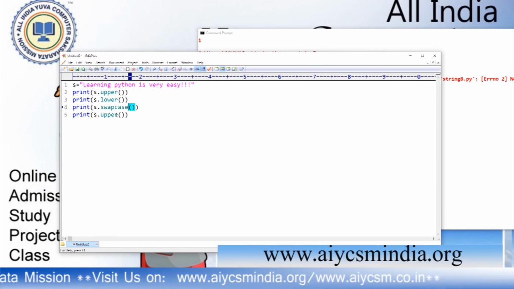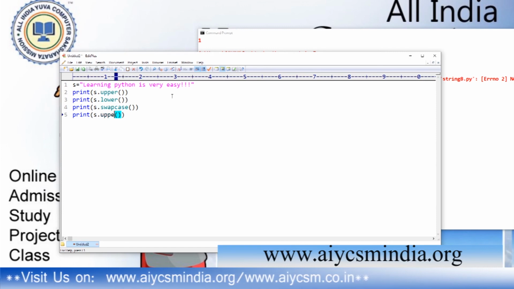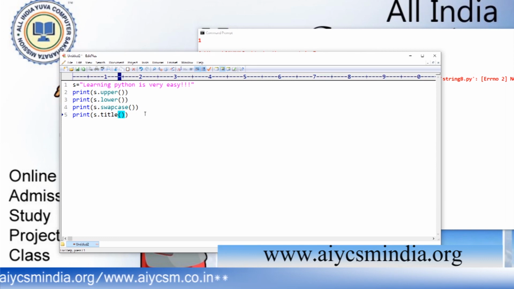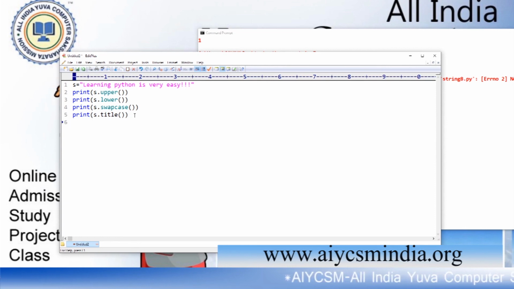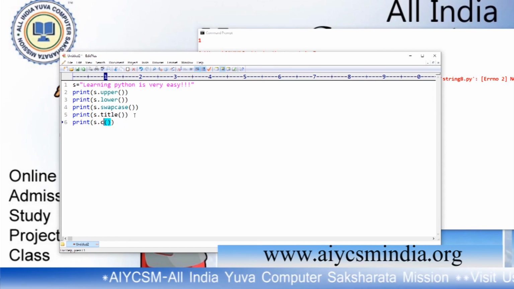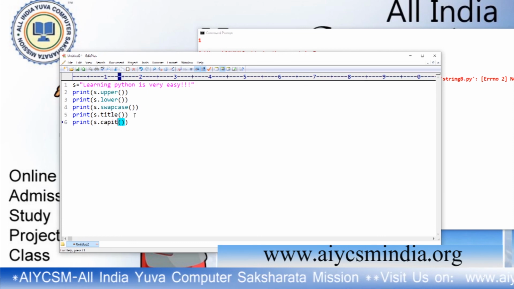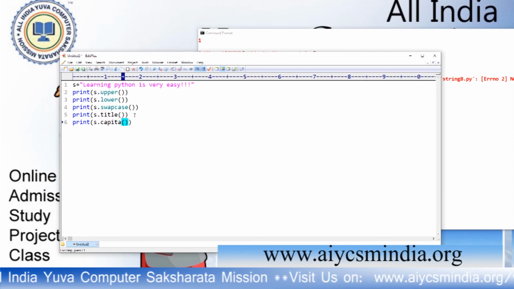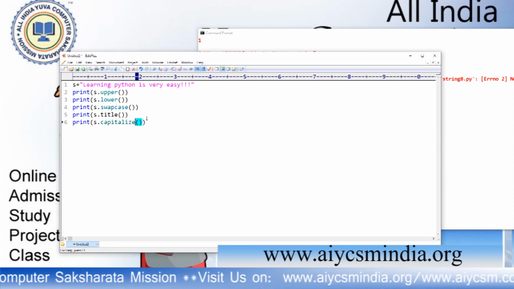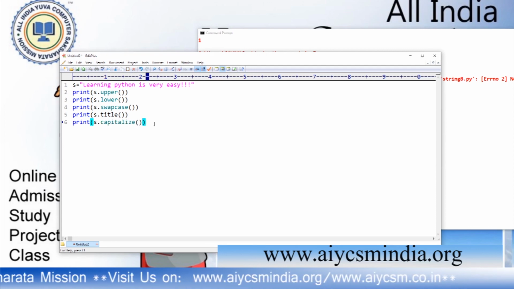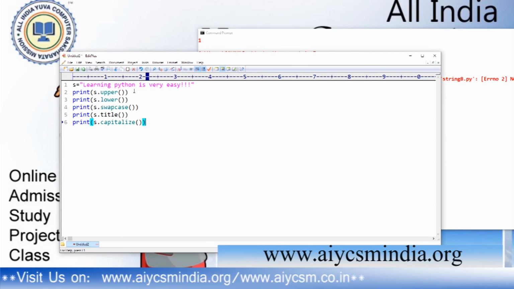Then I have to use title case, which is dot title, then capitalized case, which is dot capitalize. It converts the value first into uppercase, then into lowercase.